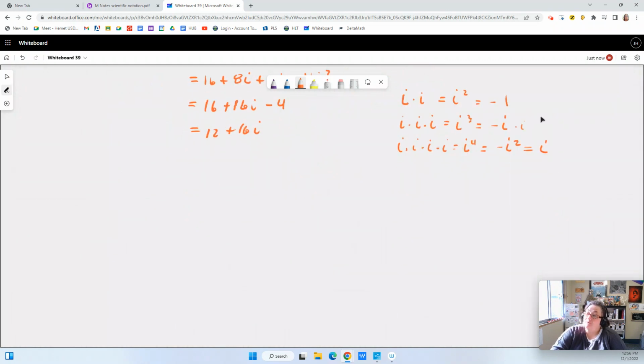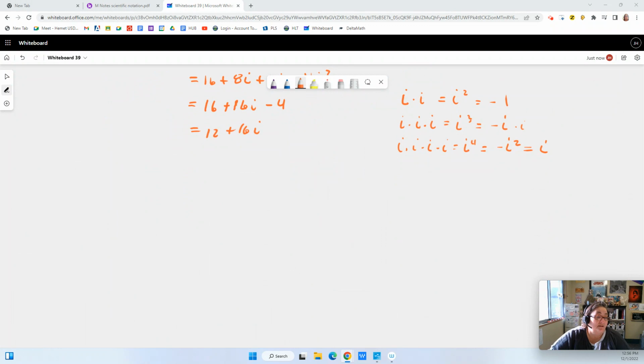But I'll show you how that works out next time I see you, because I want to get to division. Division's the easiest thing that we will be dealing with. Multiplying conjugates, I don't want to talk about that today. The complex conjugate, I'm not going to go into that today. Quotient of complex numbers. You know what? I think we're good for today. We're just going to be doing adding, subtracting, and multiplying for today, because the rest of the stuff gets more complex, and I don't feel like getting into it just yet.